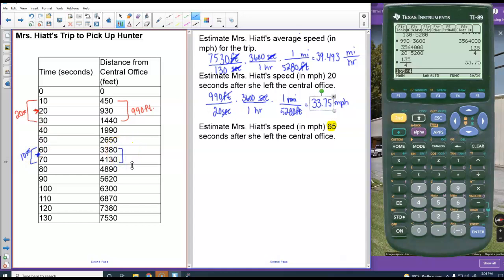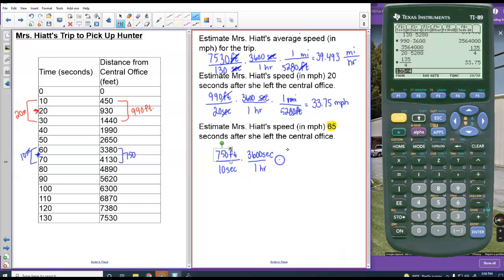And we've got, what is it going to be? 750? So I've got 750 feet. And we're just subtracting those to find that. I'm moving a little fast because we're out of time. 10 seconds. And just like the others, we got 3,600 seconds in 1 hour, 1 mile is 5,280 feet. So we got 750